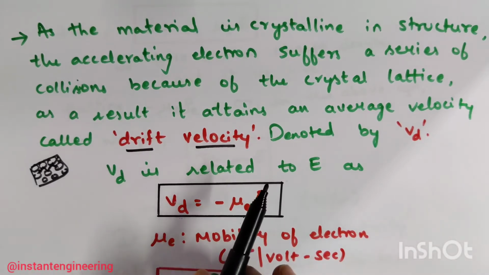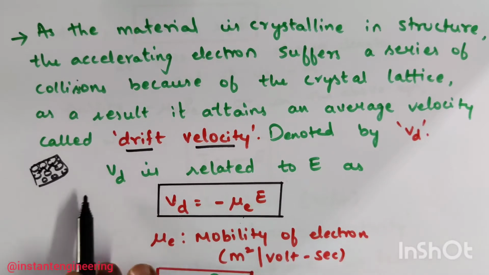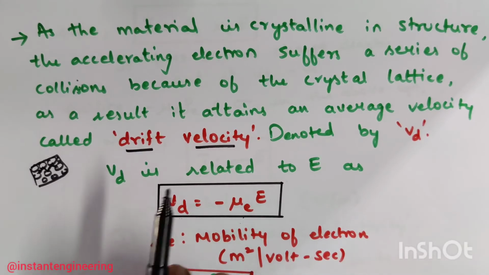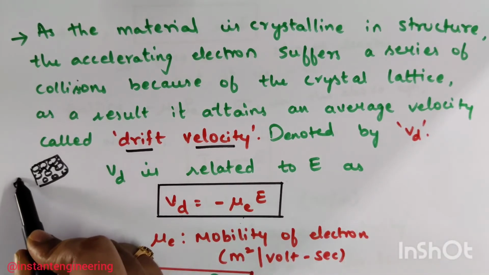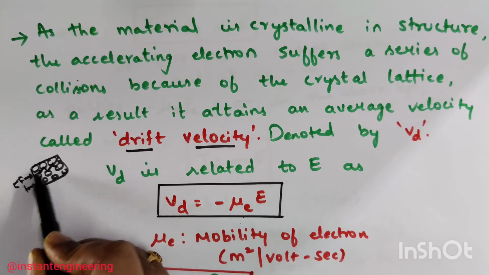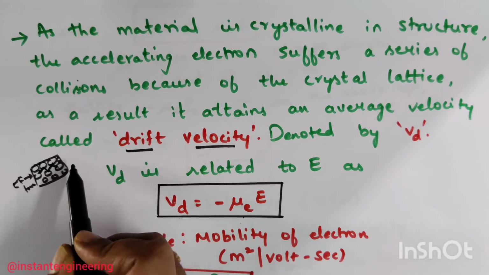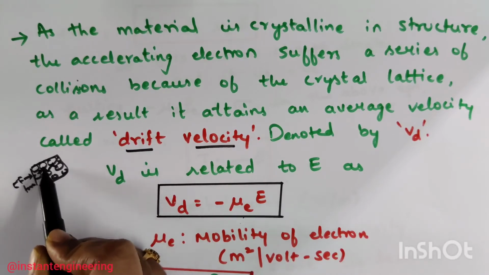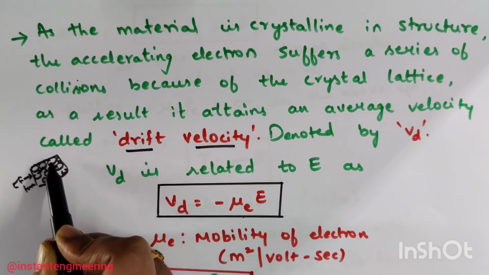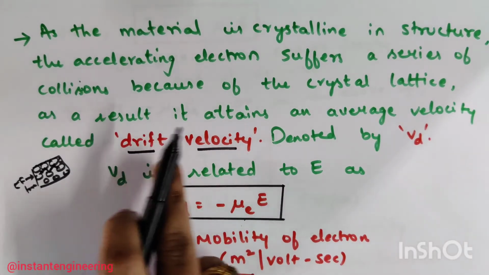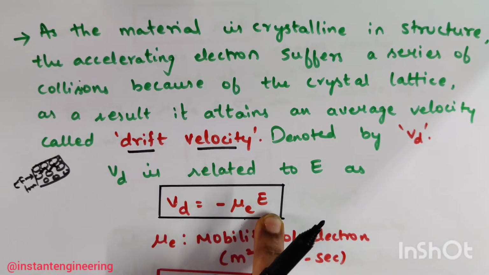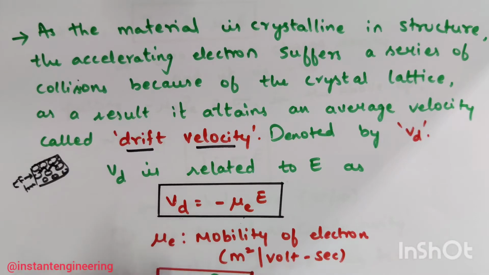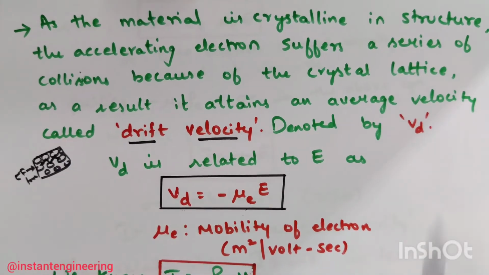I'm just repeating once again. If the electrons in some material are randomly moving here and there, and you apply some external electric field to it, then a force is produced. Because of that force, electrons will move and accelerate. Because the structure is crystalline, they will hit each other, and because of that they attain some drift velocity. So drift velocity is the mobility of electrons in the electric field. Just to make you remember this, I'm explaining one more time. Don't get bored.